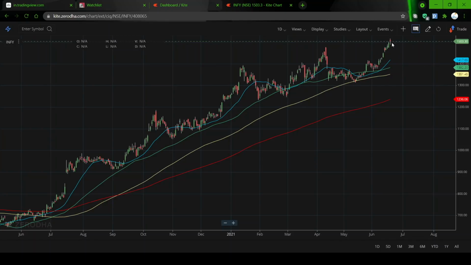Here you see how the moving averages are positioned. 20 moving average, 50 moving average, 100 moving average, 200 moving average. This is the ideal setup we will need. But the only thing is the stock price has to come down a little bit. It is too much stretched now. Let it come down, then we will take. So now you understand how we are going to choose the stock for doing a protective synthetic covered call.